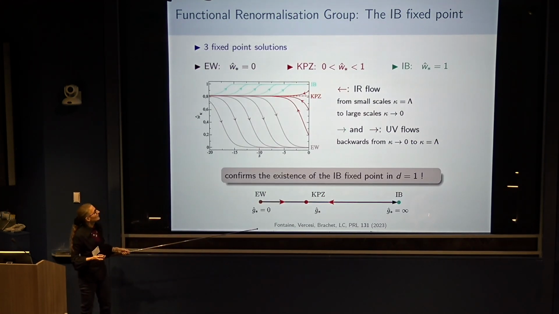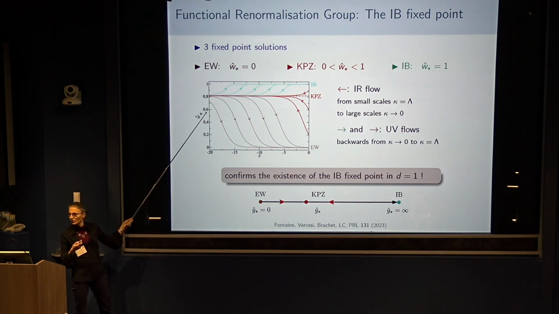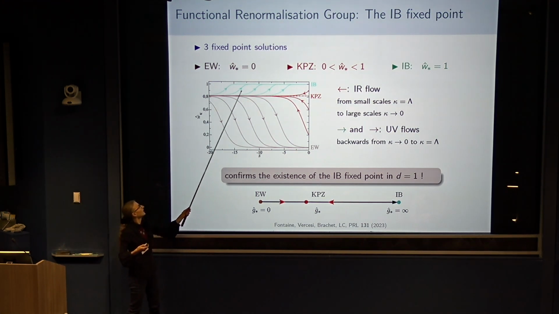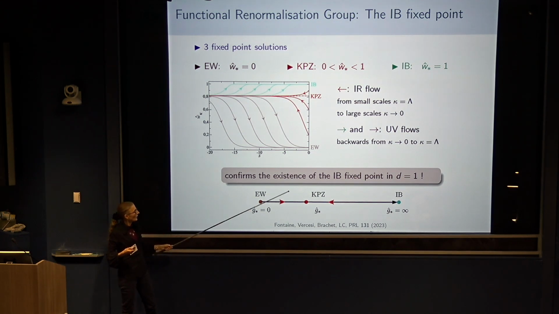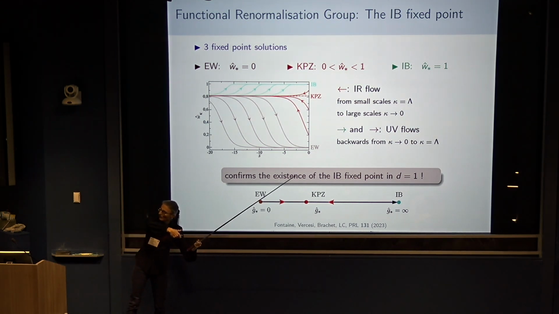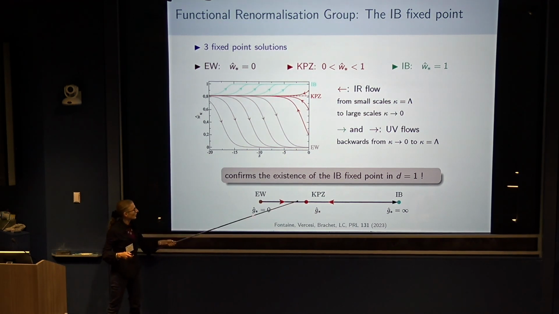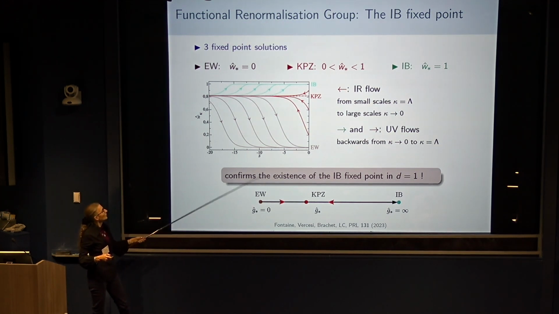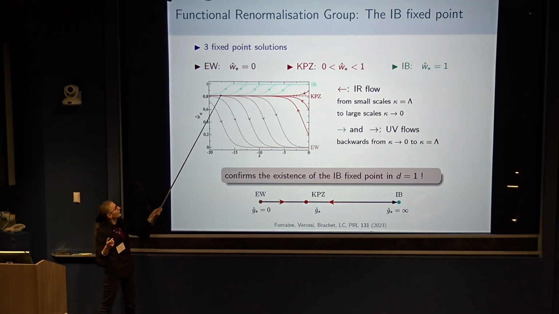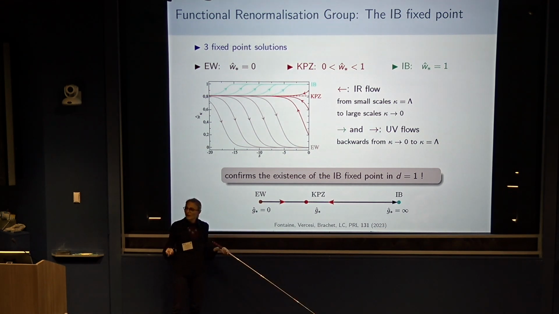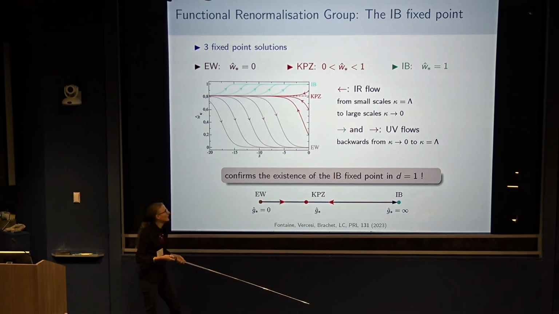And in fact, you can evidence it if you integrate this flow equation. From any initial condition, you will reach KPZ. But if you want to look at the UV fixed point, you can just run the flow backwards, because then you reverse the stability of your fixed point. And from below, you always end up in Edwards-Wilkinson, so this is here. But if you start from above, on the other side, you indeed reach another fixed point, and this shows the existence of this other fixed point in D equal 1.